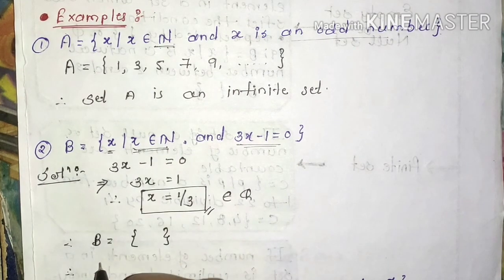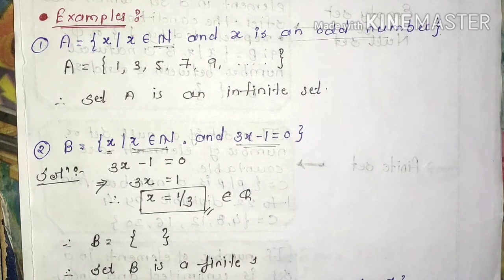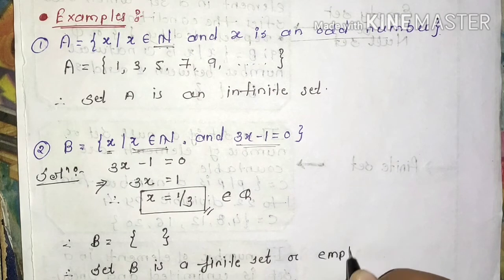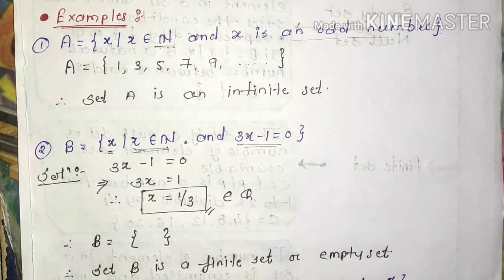So hence set B is a finite set, or else we can say that it's an empty set. Why? Because finite set का definition we have कि if the given set is the null set, that means if the given set is the empty set, then only that set is called as the finite set. That means here we can call set B as a finite set also and the empty set also, depending on